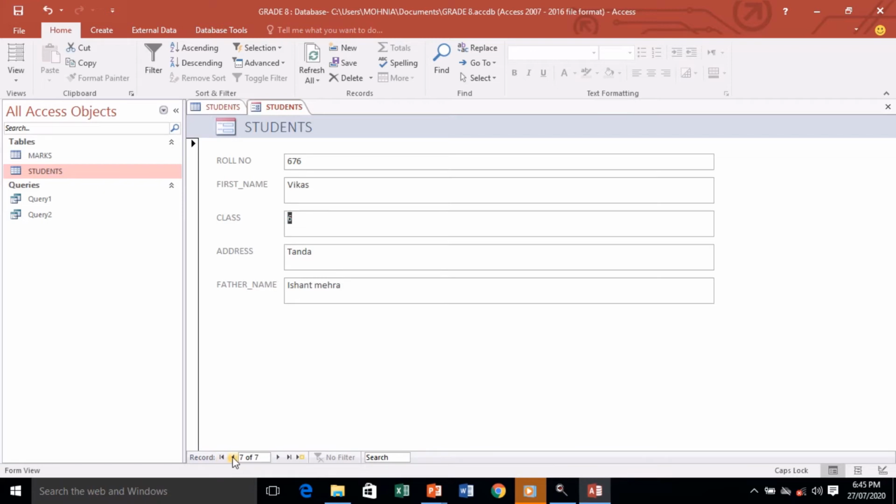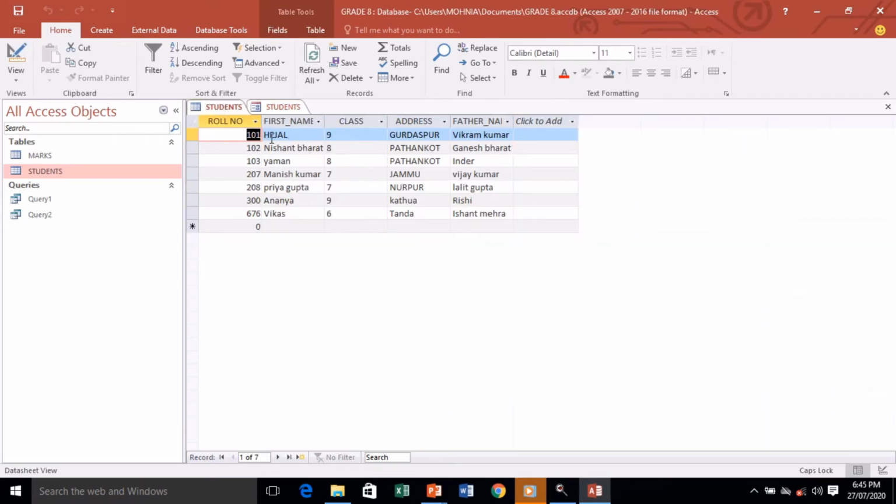So from here you can move to the next records, whichever you want to do the changes in. Whichever editing you want to do, you can go to the previous record or you can go to the next record. And if you want a blank one, you will go for this option, that is blank record. Okay, after doing this editing, because this name of 101 was being changed, let's see that Manisha name was being changed to Hazel. This is my table. Here you can see the name is being changed to Hazel.